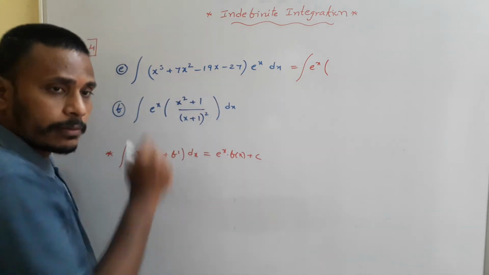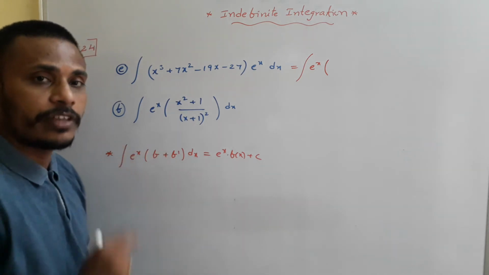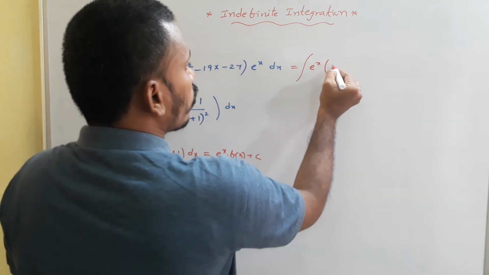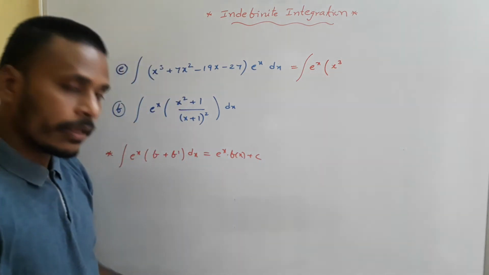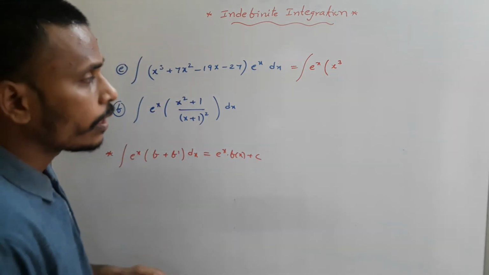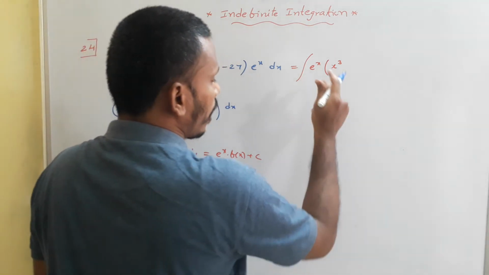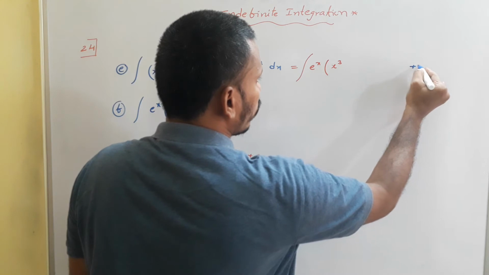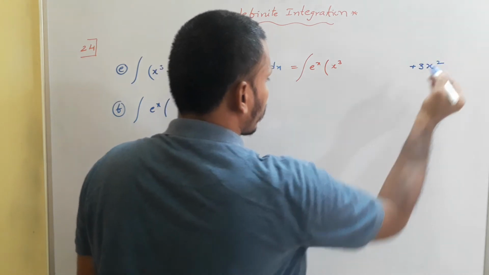We need to split it like a function along with its derivative. Okay, first thing is what? X cube. So write x cube here, no problem. If you have x cube with you, then what can you say about its derivative? Now what I am saying is I am going to write its function and its derivative. So the derivative of that x cube is simply 3x square, right?